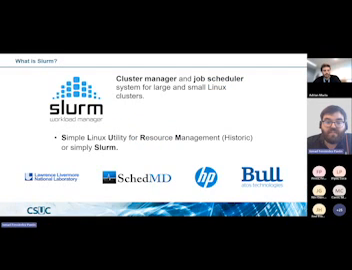So let's start with what is Slurm. Slurm is a powerful resource management and job scheduling system. If you have worked in other clusters or here at the SUK, you have worked with Slurm. This system is commonly used for large and small Linux clusters. Slurm stands for Simple Linux Utility for Resource Management, or as some